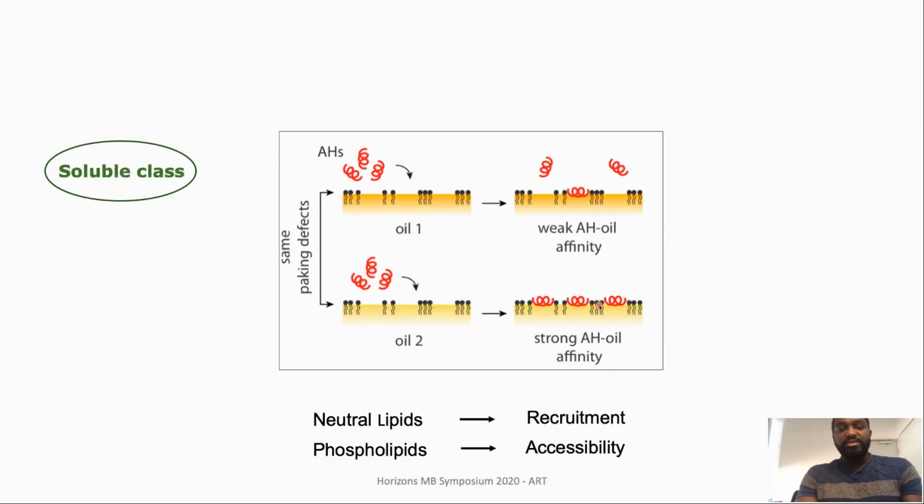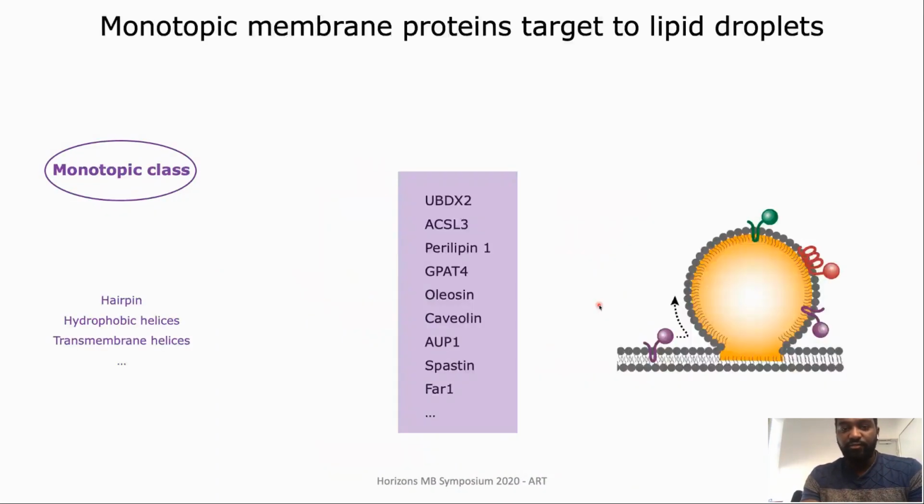So there is another class of proteins that associate with lipid droplets that Pedro just described, and which I will spend the rest of my talk talking about. This concerns the monotopic class. Here are examples of proteins belonging to this class, and basically this class of proteins move from the ER bilayer to the lipid droplet surface via ER lipid droplet connections, like here. And they usually bear hairpin motifs or hydrophobic